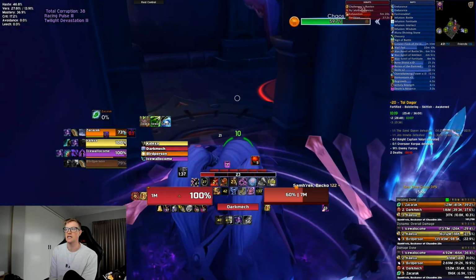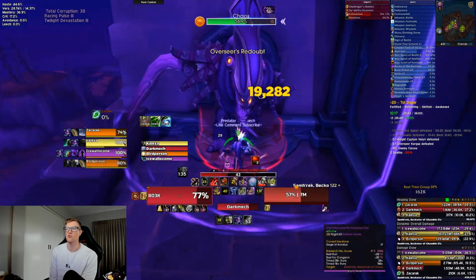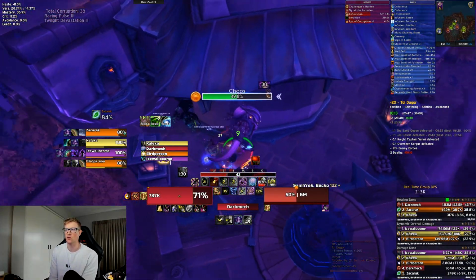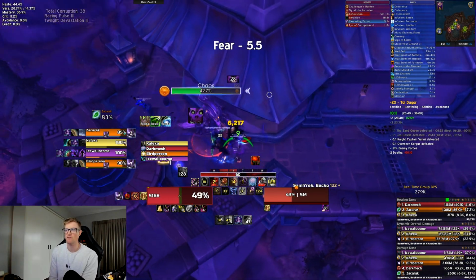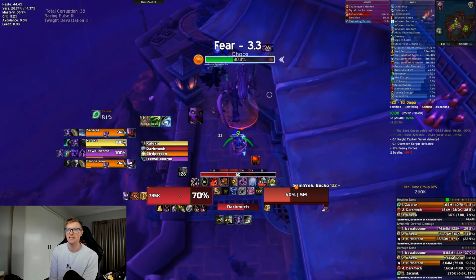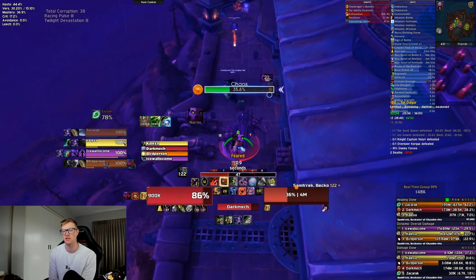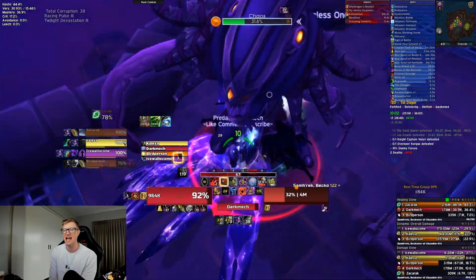And then what we're going to do is we are going to run the Beckoner all the way to the second cannon. Now, on other fixes, or if you are not even on other fixes, every time you come in here, it is far quicker to kill the mobs with the cannons out here. The cannons will absolutely delete the mobs,